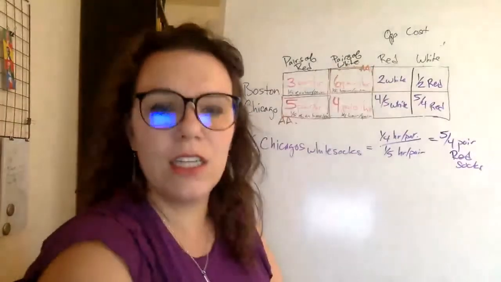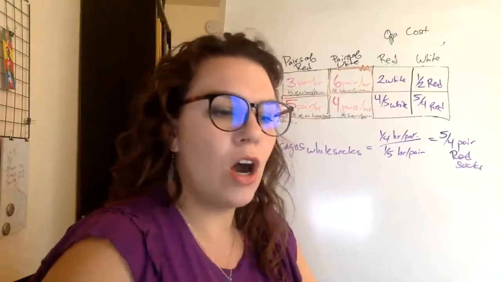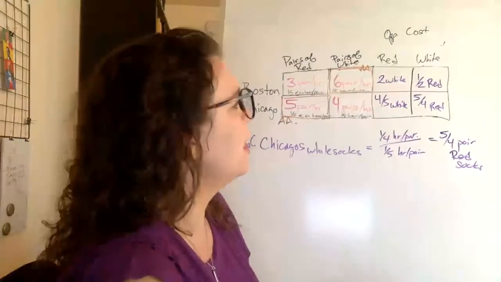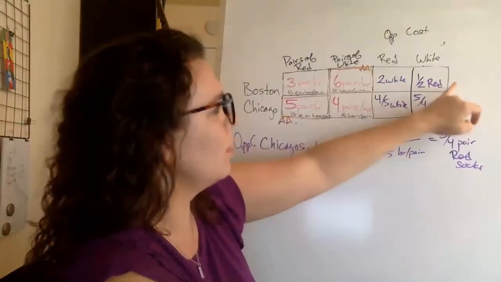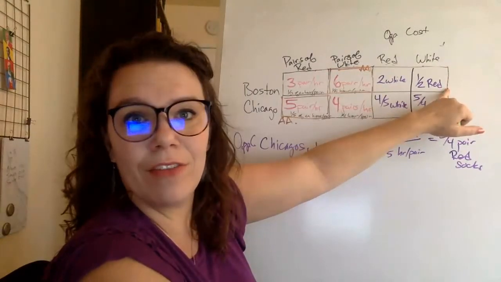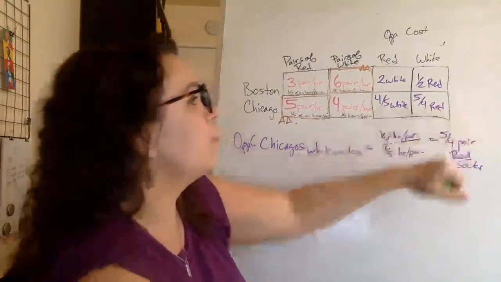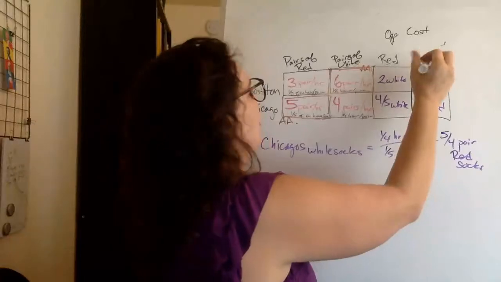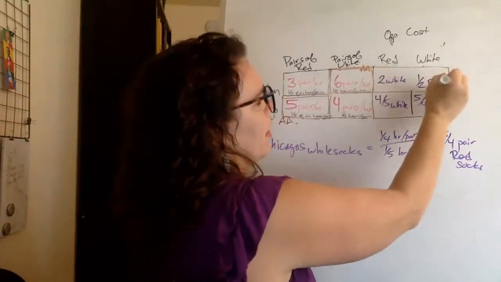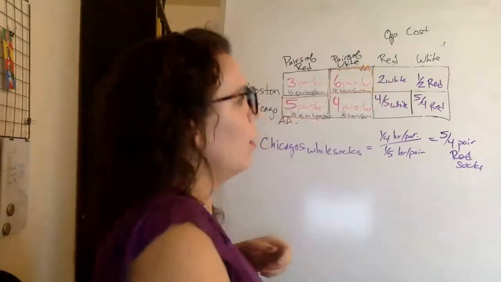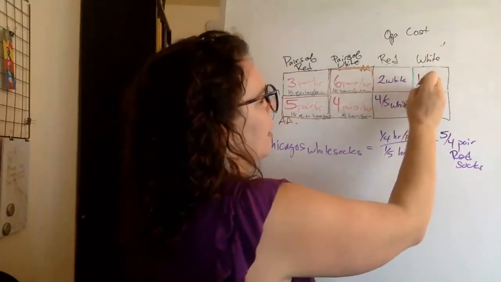Comparative advantage is going to look at that lowest opportunity cost. So if we look at who has the lowest opportunity cost in terms of White Sox, Boston gives up half a pair of Red Sox. Chicago gives up a pair and a quarter of Red Sox. So again, Boston has the comparative advantage